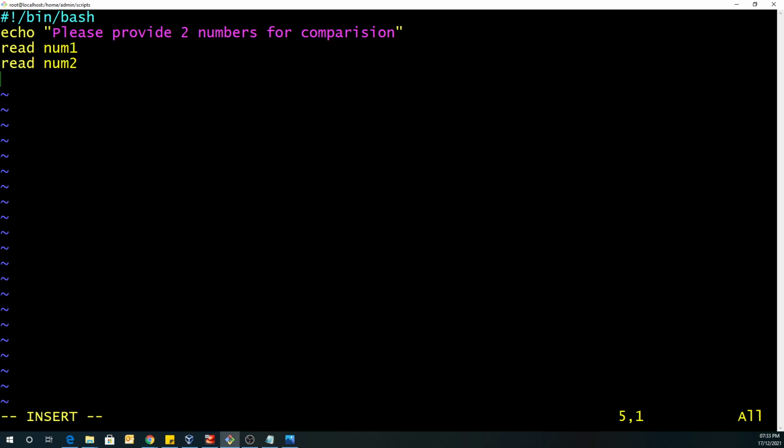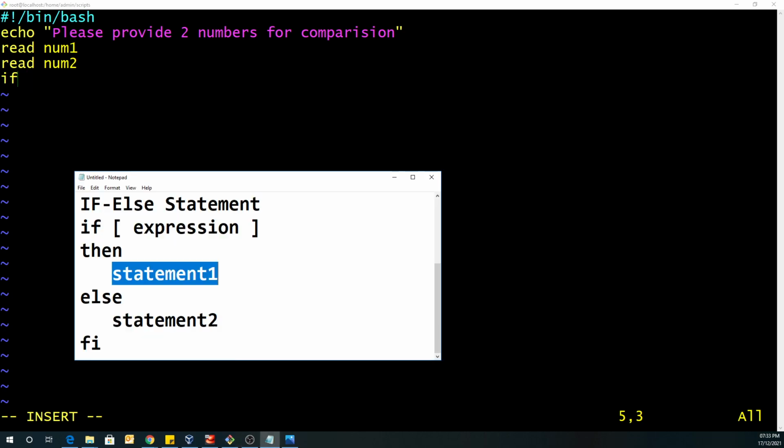So let's start. If, space. Make sure you use the correct spacing. Over here, if you see, there is a space after the if, a space before the expression and a space after the expression. Everywhere you have to make sure that you are using the right indentation, like for statement 1 and statement 2.